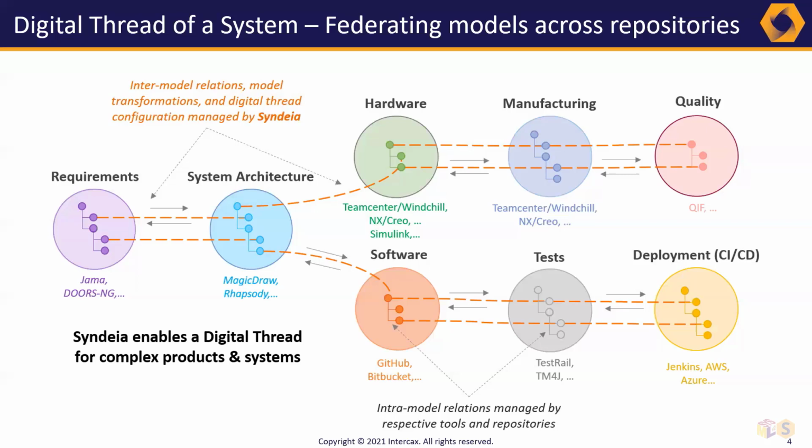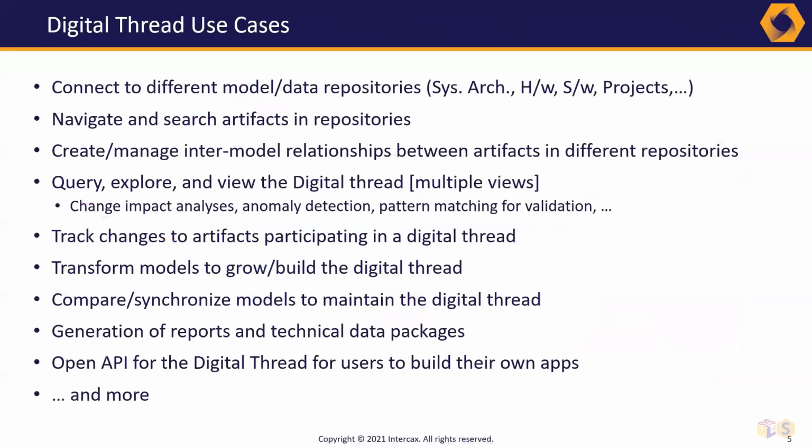And what's also more important is how do you build a digital thread? You can't just piece together different elements manually. So model transformation, the ability to take a model in some discipline and generate a corresponding model in another discipline, and then weave the thread as part of the transformation, is equally important to scale this approach. So there are key use cases that emerge for organizations that are adopting this idea of a digital thread, and most are. One, that you have to be able to connect to different models and repositories in different systems coming